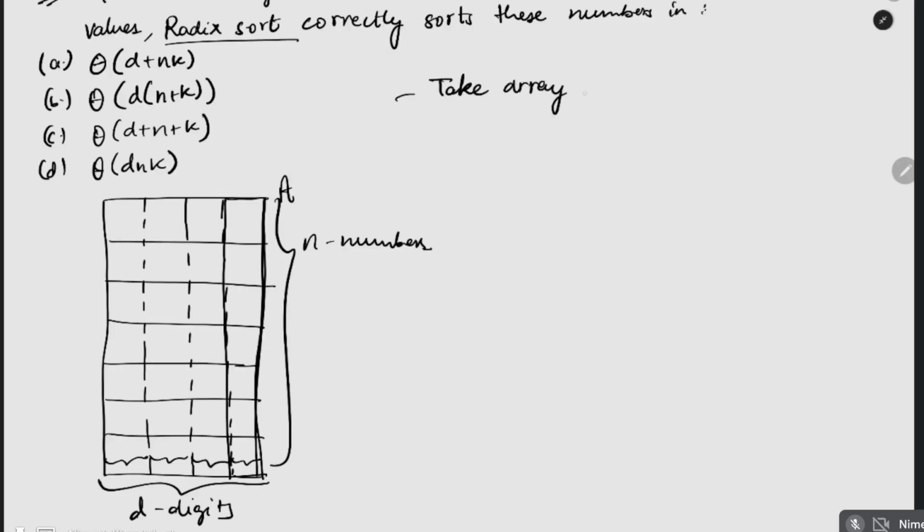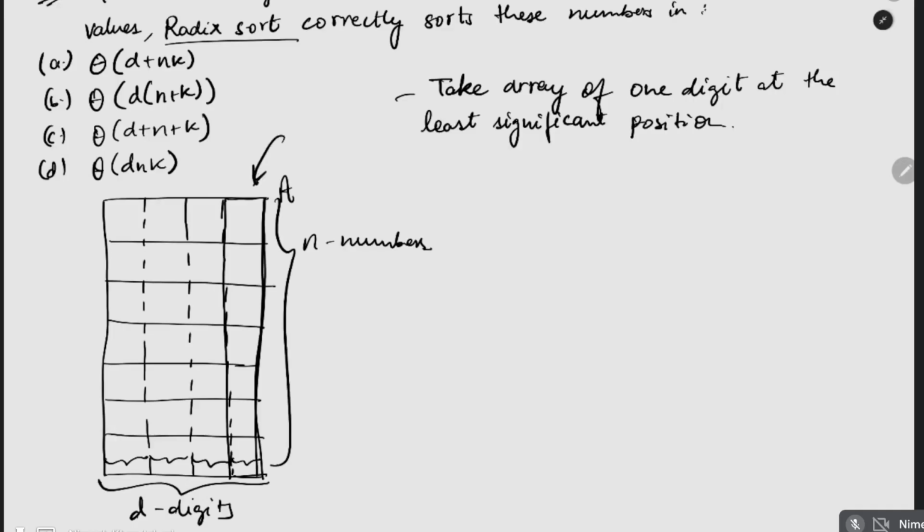Take array of one digit at the least significant position, right? So we start with the least significant portion of the resulting number,